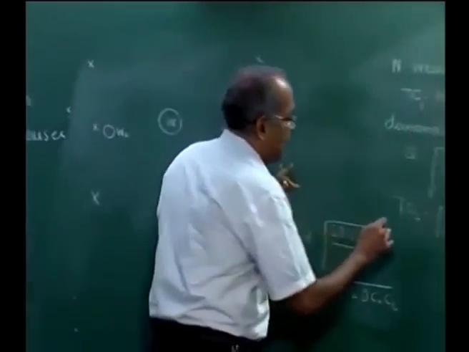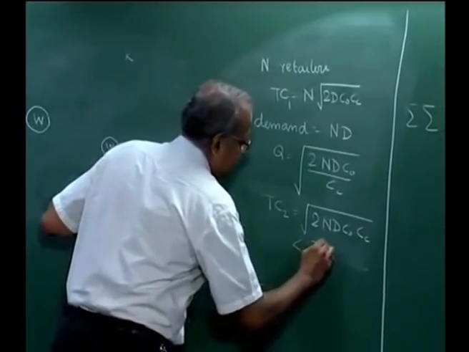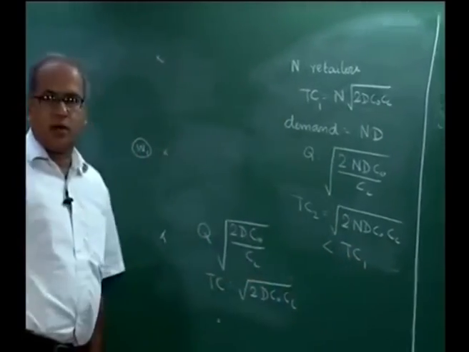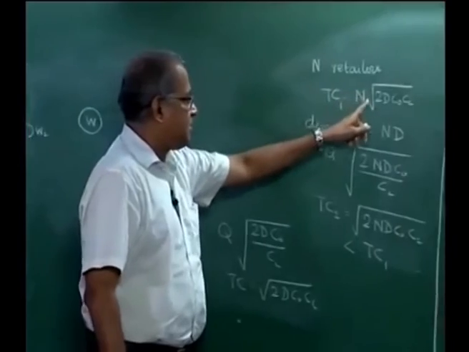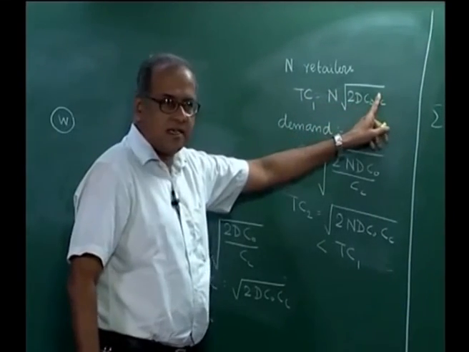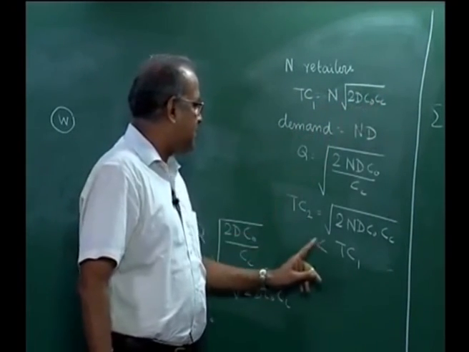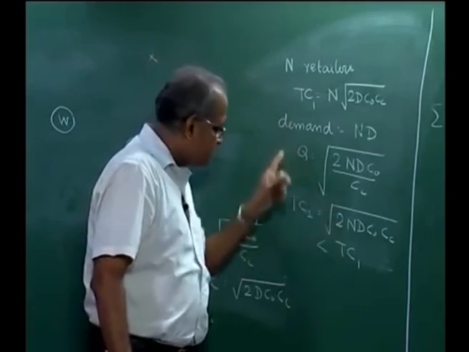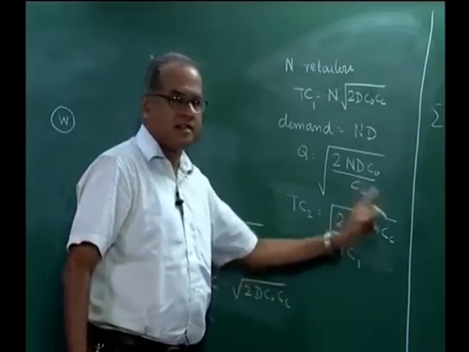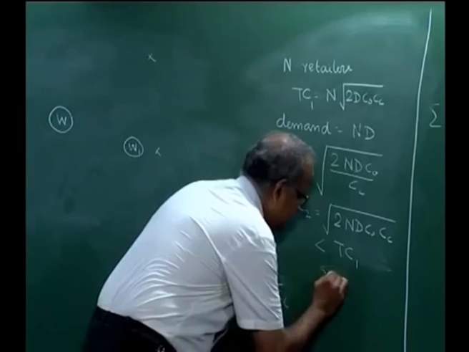Now, this is less than TC1, because n into root of 2 d C naught C c will be bigger than root over 2 times n d C naught C c, and now there is a saving